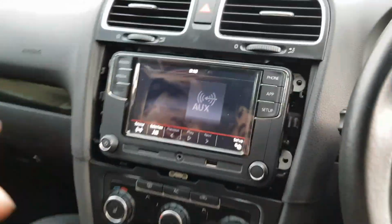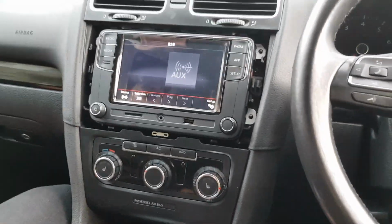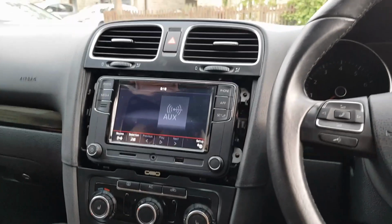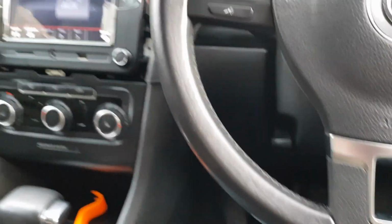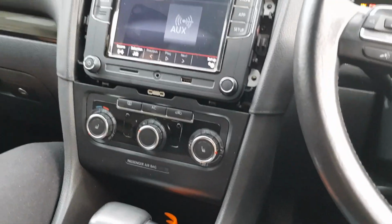First thing we're going to do, I'm going to switch on the car, so it should go off at the moment, when I find the keys, which are down here. I'm going to switch on the car and put it into reverse. Let's see if the...